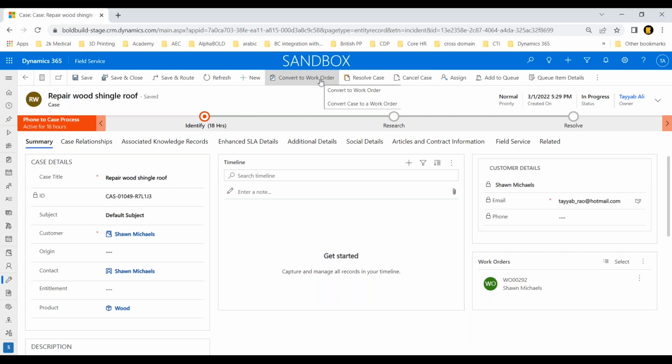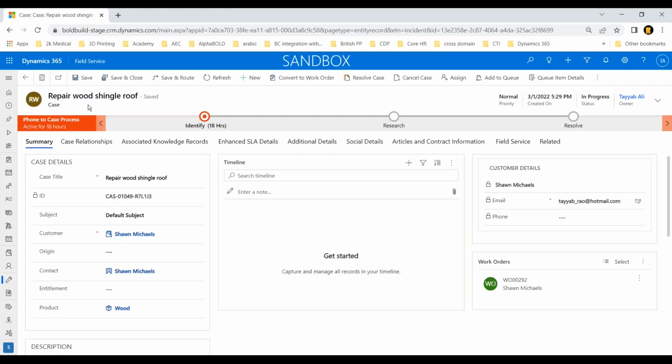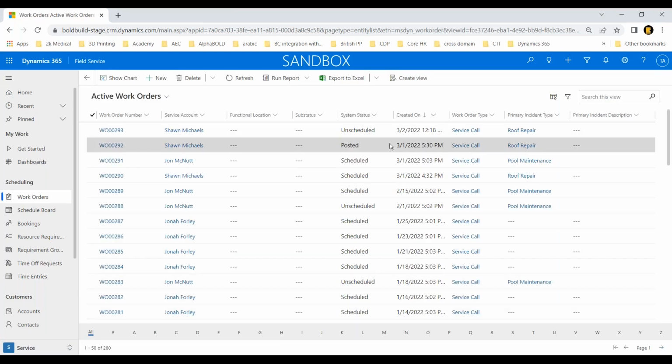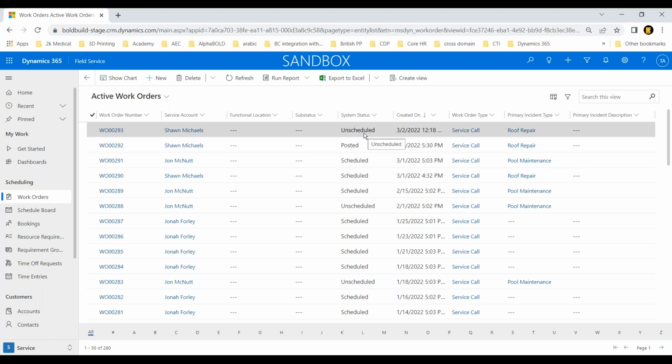So I can click on this button and I can convert it to work order. Now I already have a work order, so I won't do it. I'll show it to you, but you see how it shows you a work order for this case already exists. What I'll do instead is I'll show you work orders in the system. So I click on this and you see I have multiple work orders here in the system, and you can see that it is showing me the whole schedule for all of them. So it tells me this is unscheduled. So I need to schedule this 293 work order for Shawn Michaels